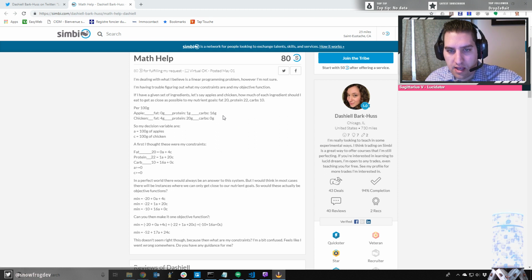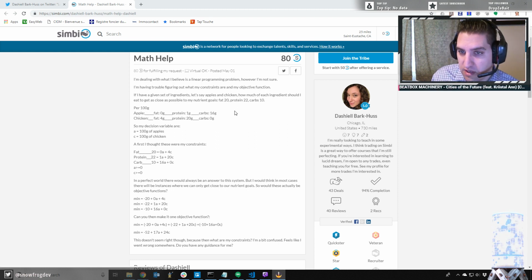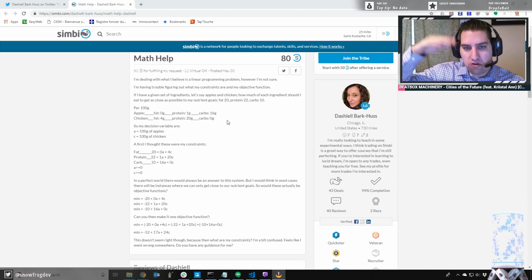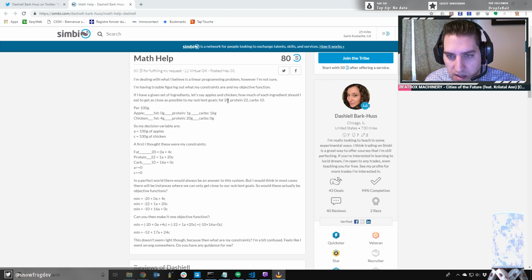Like we know we can't have a negative value in terms of the weight of our apples or chicken, and also they can't have negative protein. So that's good. We're starting at 0, right? So we can cap 0 as the minimal input. And there's also a logical, just common sense maximum too, that it won't make sense to test over that,